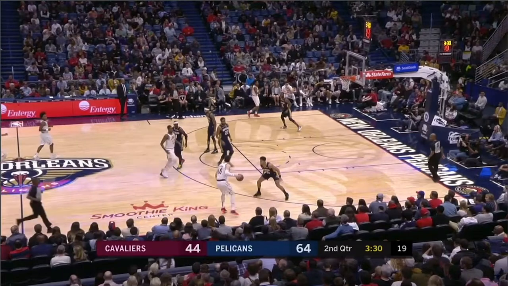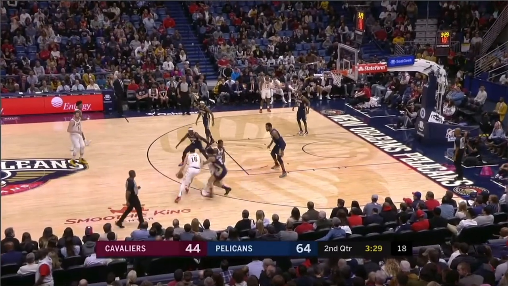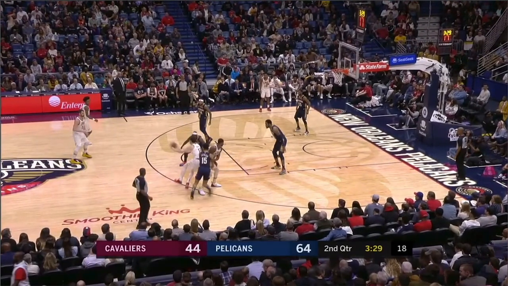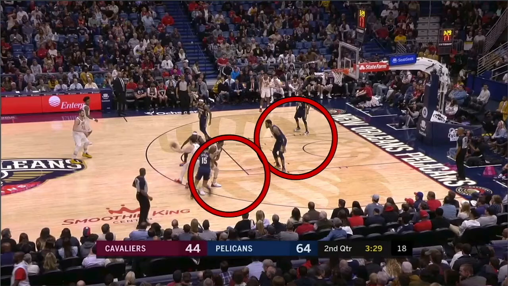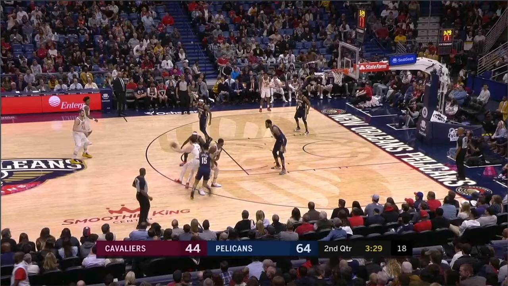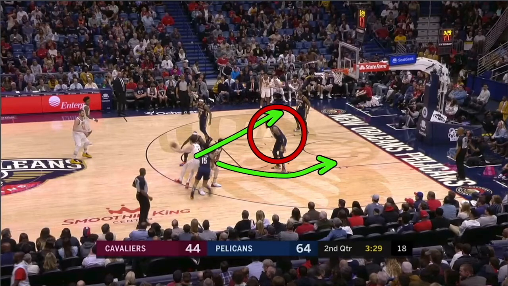All right, we're looking at an offensive clip here. So the Cavaliers run an empty side ball screen. Now, the Pelicans are in this drop coverage here. They drop the big, they fight over the top. You have a 2-on-1 with this ball handler coming off the ball screen, Tristan Thompson rolling against this big dropping, okay?